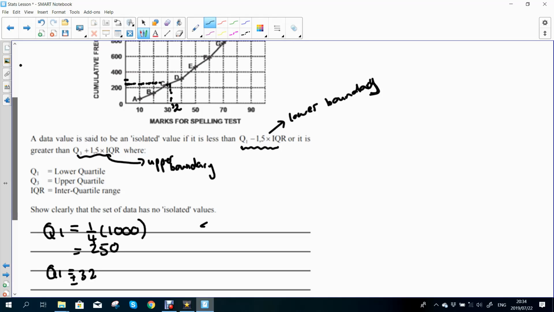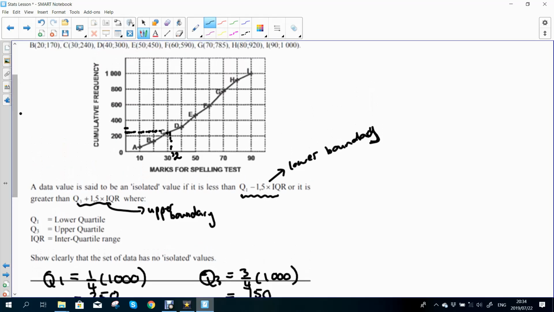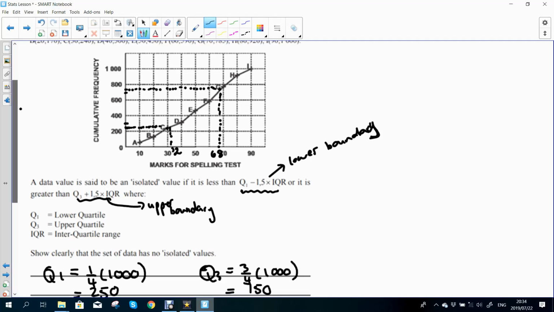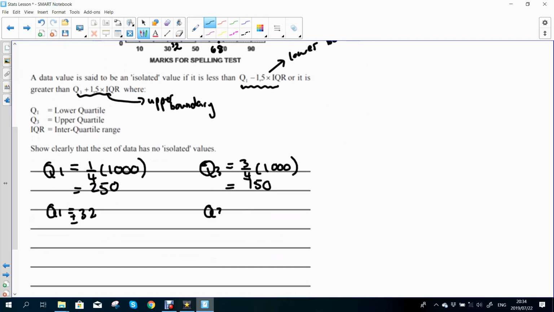We then want quartile 3, which is 3/4 of 1,000. And if we work that out, we get 750. That's obviously the position. So if you go up to your graph and you read 750, so 700 is going to be there, so 750 is there in the middle. And you can use your ruler here. Please don't do it like I'm doing it using my free hand. I'm just trying to save time for us. Which gives me more or less 68. So that is your quartile 3's value.